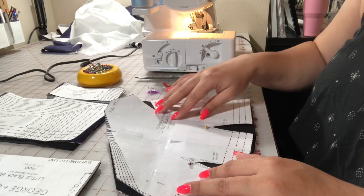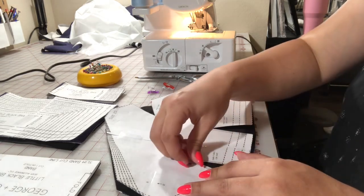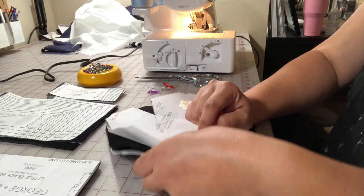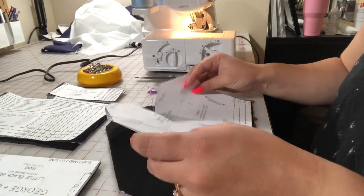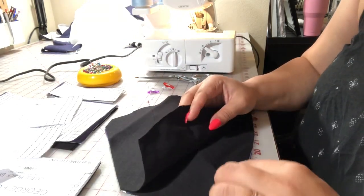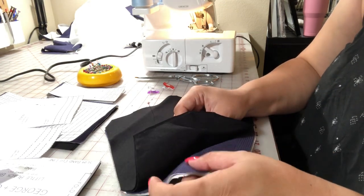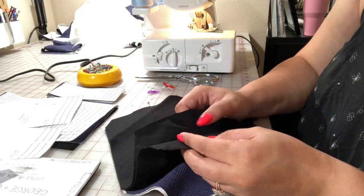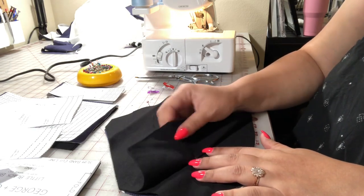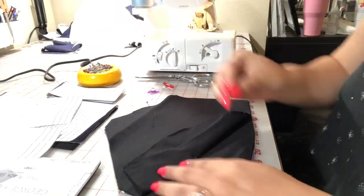pencils or chalk or things like that on darker fabric, I will just take the pattern piece and stick a pin right at the top of the dart, pierce it all the way through each layer of fabric like that, and then in between the two pieces, so I've got 4 layers total, right? I've got lining and I've got main fabric. So between each pair, I will open this up, keeping it pierced all the way through. I will open this up and then take another pin and just